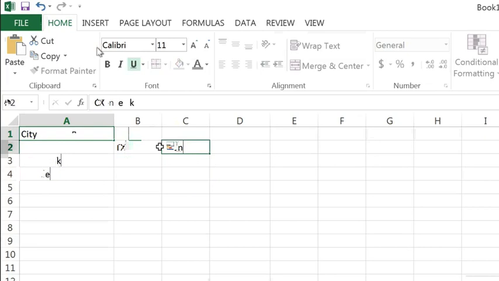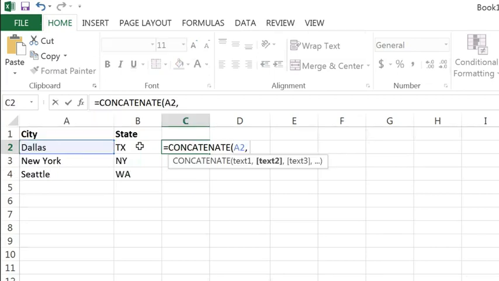tab out. And this is asking which text values I want to concatenate. So I'm going to click Dallas, I'll do a comma. What's the next text value that I want? Well, it's TX, it's Texas. But before I do that, I actually want to put a comma between them. So I'm just going to add my own value for a comma, and then I want a space after the comma. So I'll add a space, and then I'll just do a quote to close that string, and then I'll